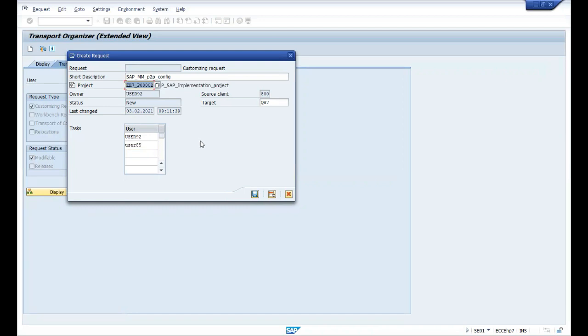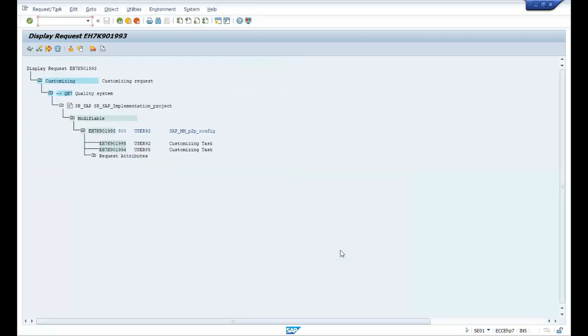Now almost everything is there, and just click on save. Now you can see under the parent TR 1993, 2 child TRs have been created: 1994 and 1995. 1995 for the user 92 and 1994 for the user 85. And now the TR is ready.